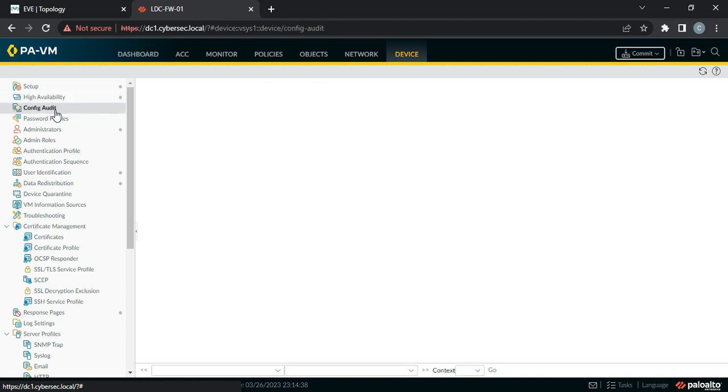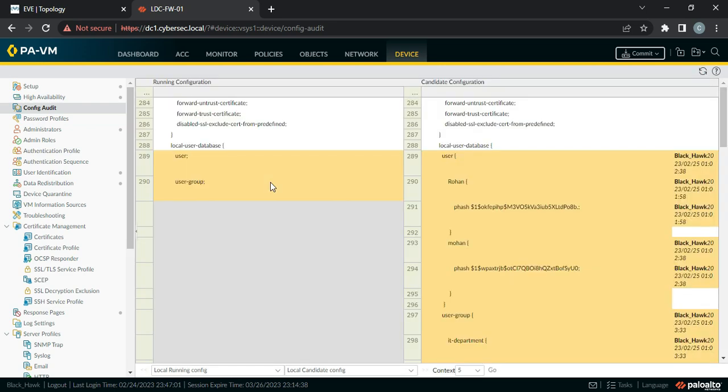Then we have config audit, right? Where you can do the audit of your configuration, what changes have been made, right? And who has made those changes. So local running config, local candidate config, you can click on go and you will be able to see what changes have been made from running to candidate and whether we have done the commit or not. So you can see these are the changes. I mean, in the running configuration,